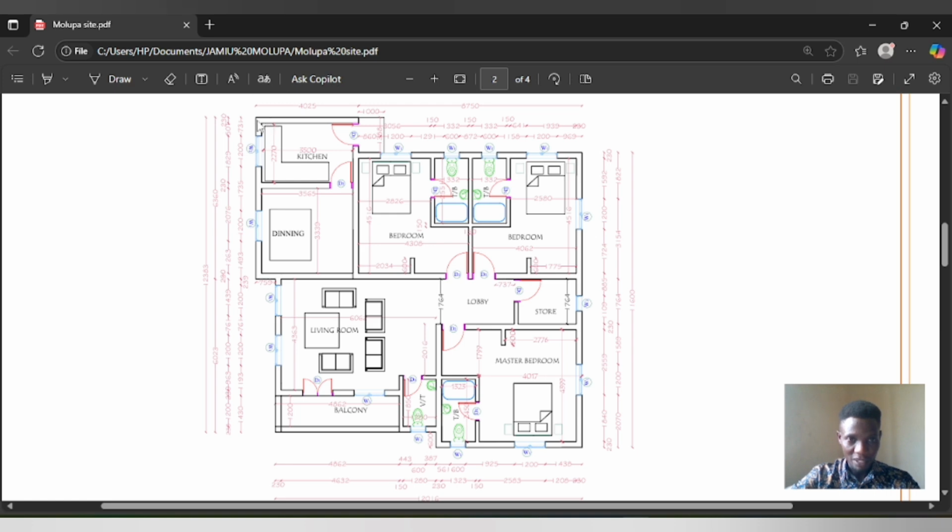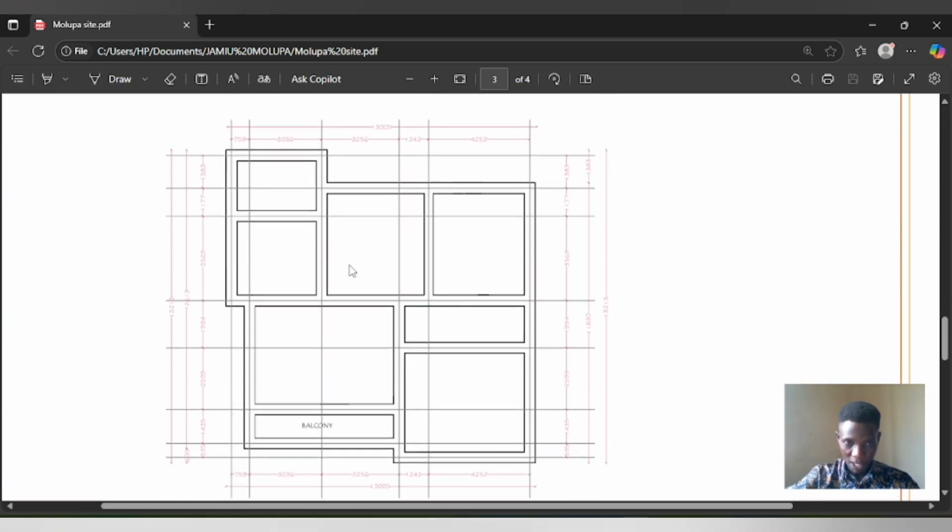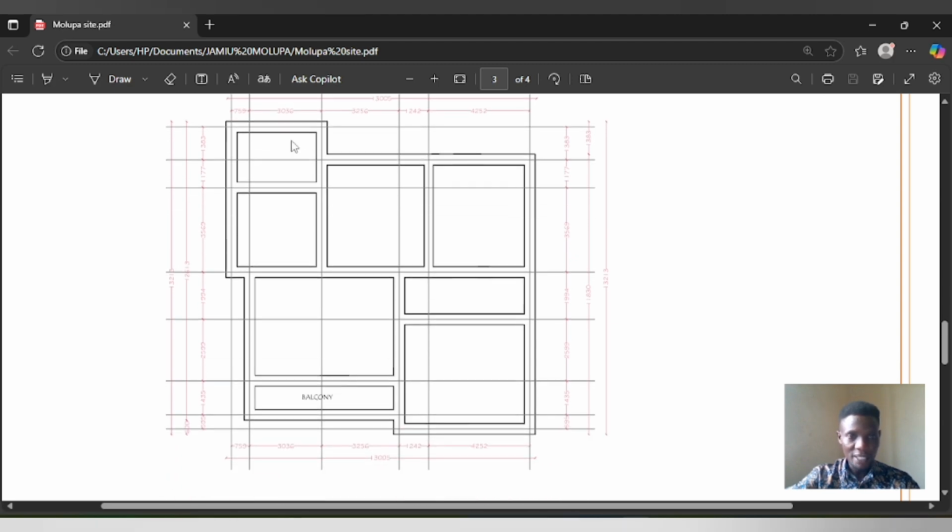I said my foundation will come through this way. If you follow my cursor, you're going to cover this area, then cover this area, and I still have a foundation here, then it covers this area, and this area. That's why you have this. So I got this from the floor plan. You understand? So here I can calculate all the length I'm going to excavate. If you add all this length together from the previous one I did,